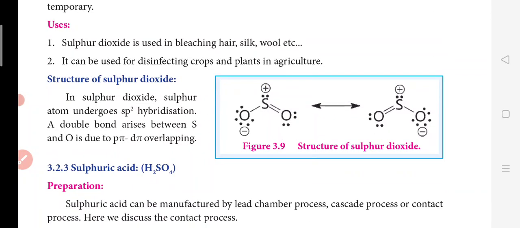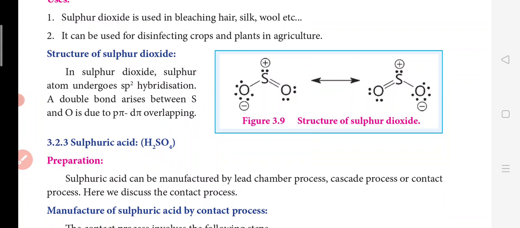So today we have discussed the structure of oxo acids of phosphorus, and we have started group 16. We saw the sulfur allotropes and the preparation of oxygen and ozone, their physical properties, chemical properties and oxygen uses, and finally we moved on to sulfur dioxide, its preparation, properties and uses. Next class we will start from sulfuric acid. Thank you.